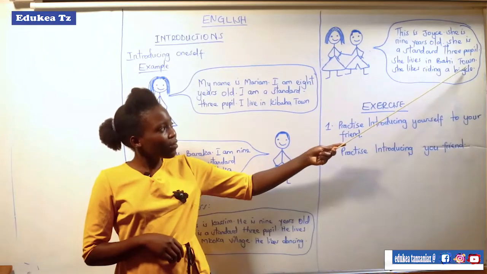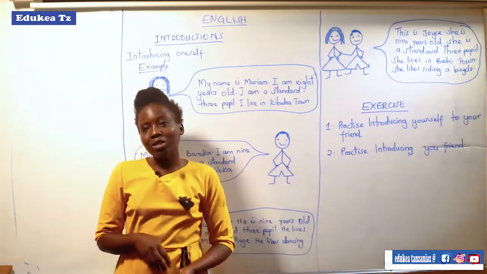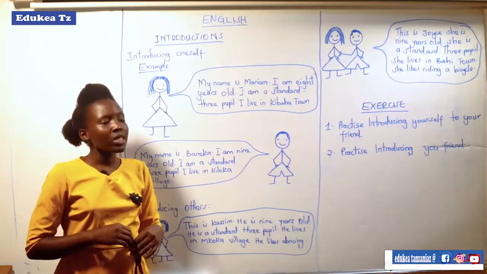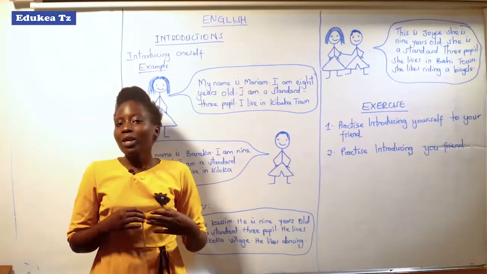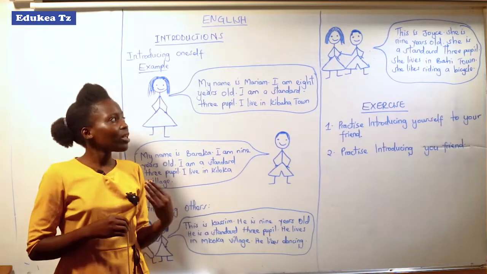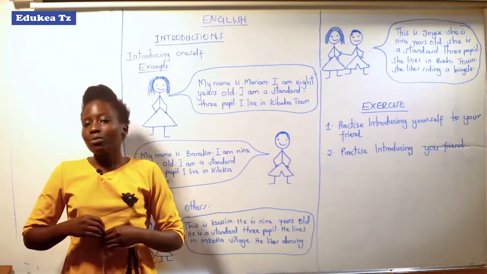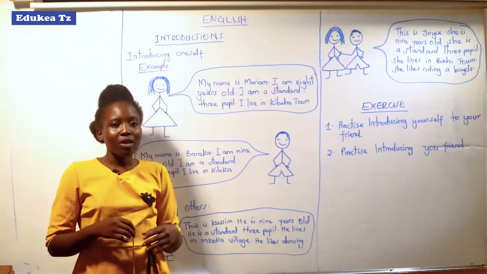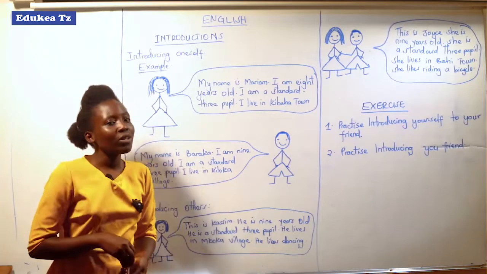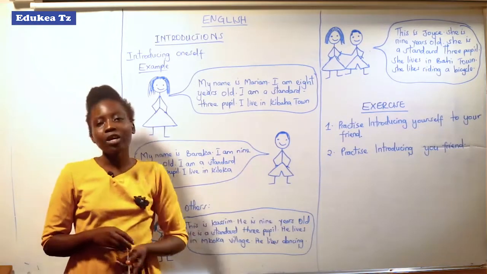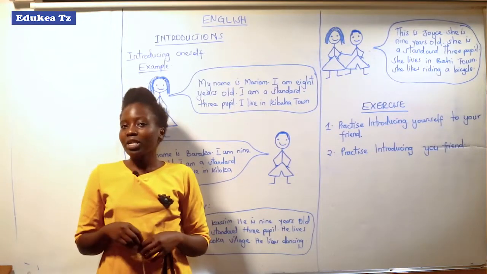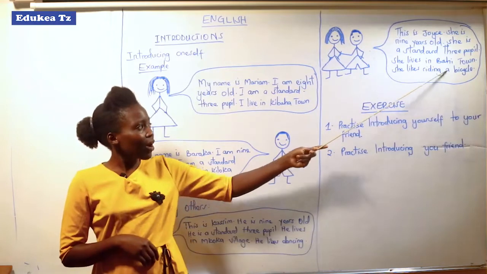She lives in Dahi town. She likes riding a bicycle. We can see also when the friend of Joyce was introducing Joyce, he started with the name of Joyce. The second thing, he introduced how old Joyce is, and the third thing, he introduced which class Joyce belongs to. The fourth thing, he introduced where Joyce comes from, and the fifth thing which was added in this introduction, he told us which thing Joyce likes, which is that Joyce likes riding a bicycle.